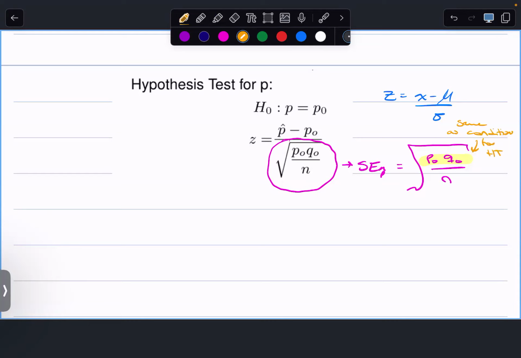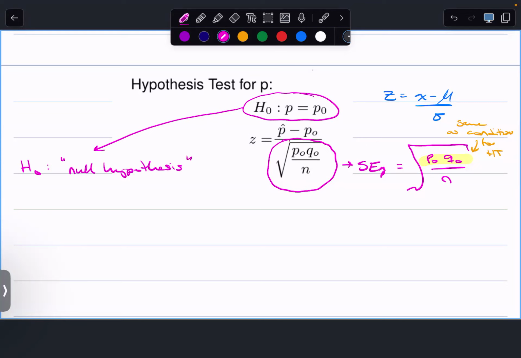for a hypothesis test. Now, the reason we use the hypothesized proportion is because now I have this underlying idea of what I want to compare my sample proportion to. So I have this hypothesized population proportion in mind. Okay? And so really this is saying, and we are going to pick this apart more, but H subscript 0 is called the null hypothesis. And it is going to be my